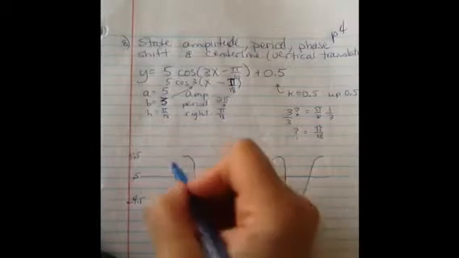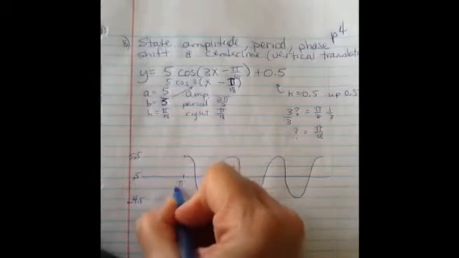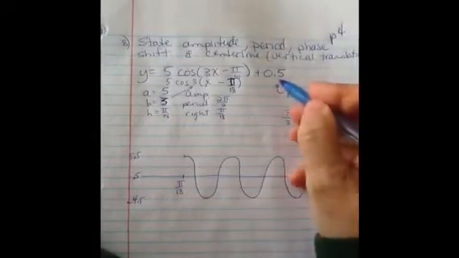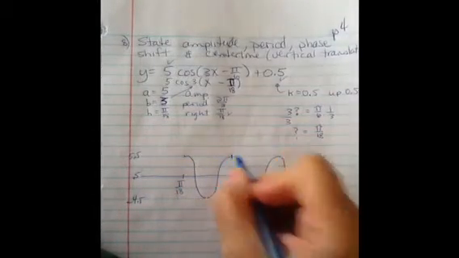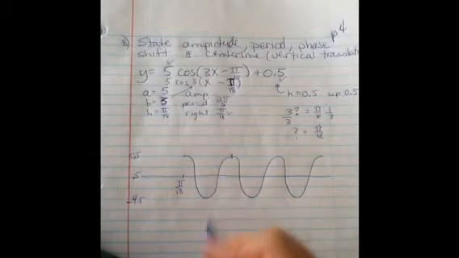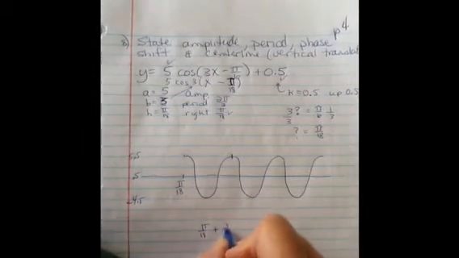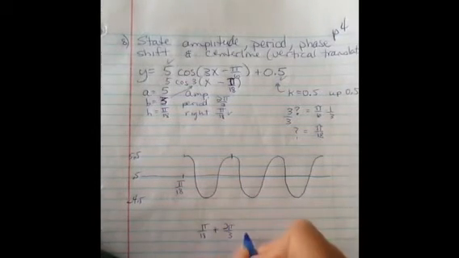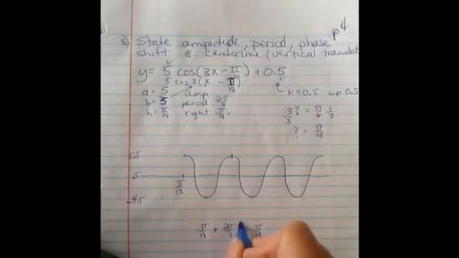And I went to the right, so this peak right here is pi over 18. So I've covered this one, I've covered this one, I've covered this one. So now I need to go over to here. And notice my period is 2 pi over 3. So I'm just going to take pi over 18, and I went to the right, 2 pi over 3, which means pi over 18, multiply this by 6 over 6,